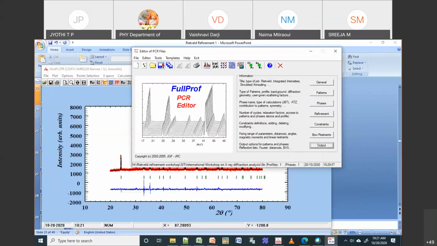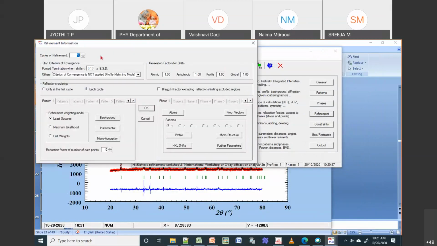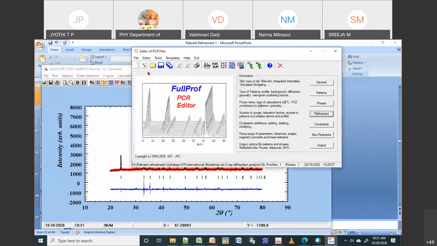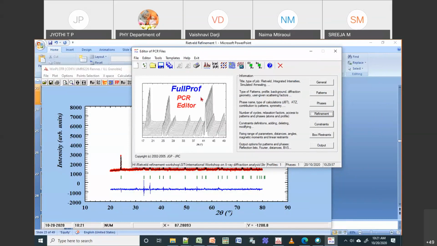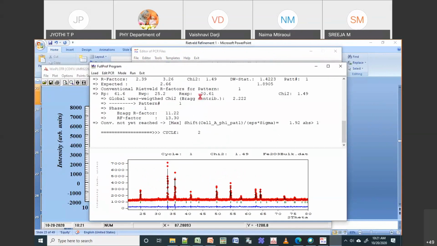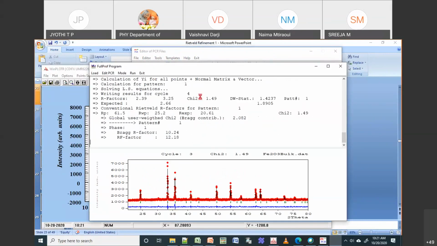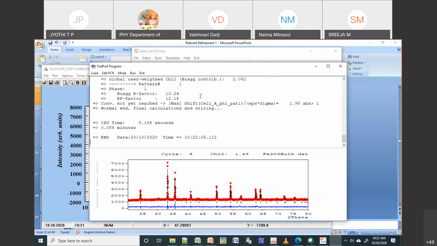Fine. So now what I will do is I will make it fewer cycles. Okay. So I will again run this. Okay. So this is completed. So chi-square is okay, 1.49.